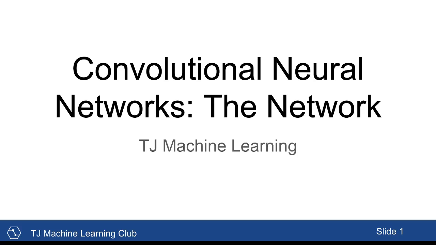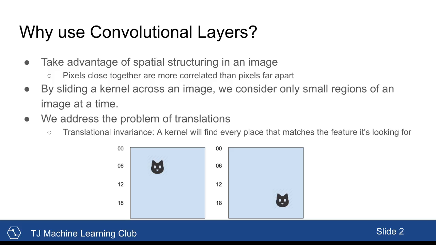So last week we went in depth on how convolution works. Today we're going to continue our convolutional neural network series, applying our knowledge of convolutions to see how convolutional layers are actually implemented in a full CNN. To start off, remember the reason we chose convolutional layers over fully connected, dense layers initially was